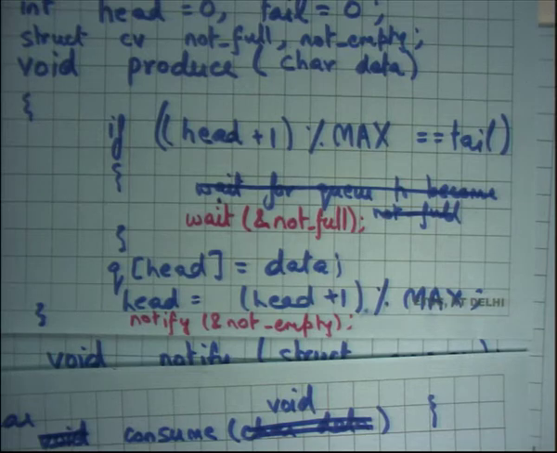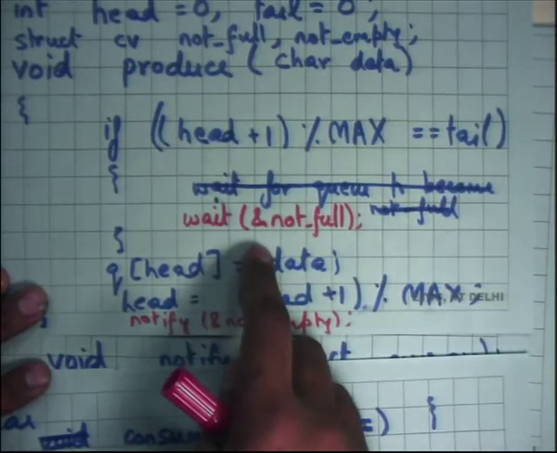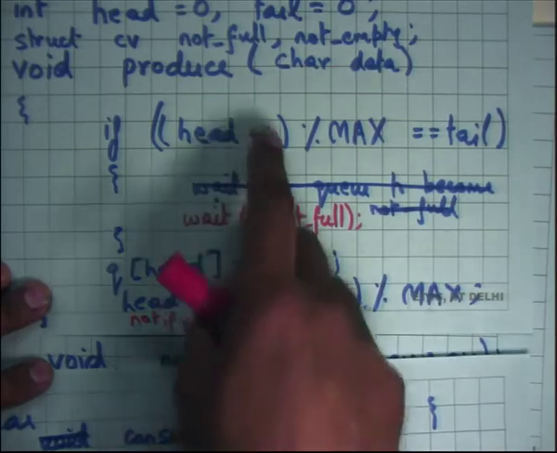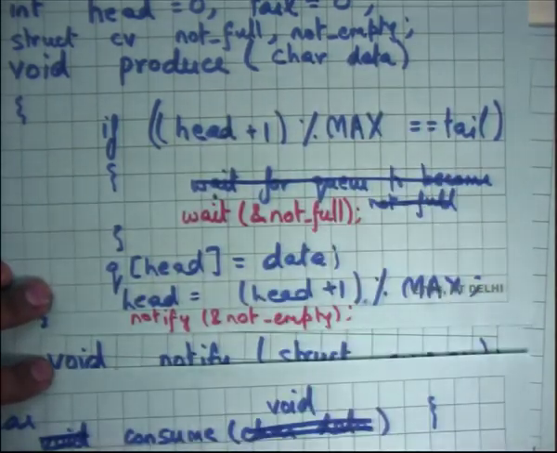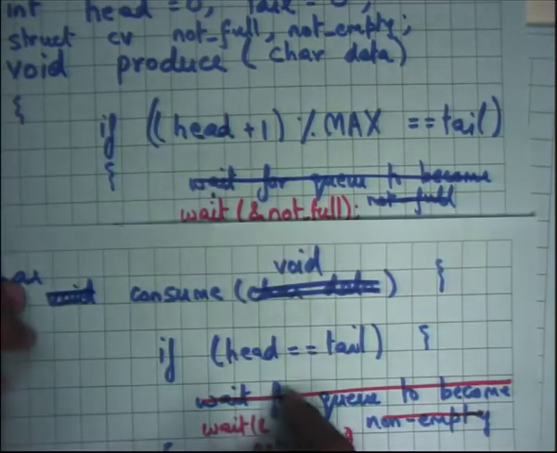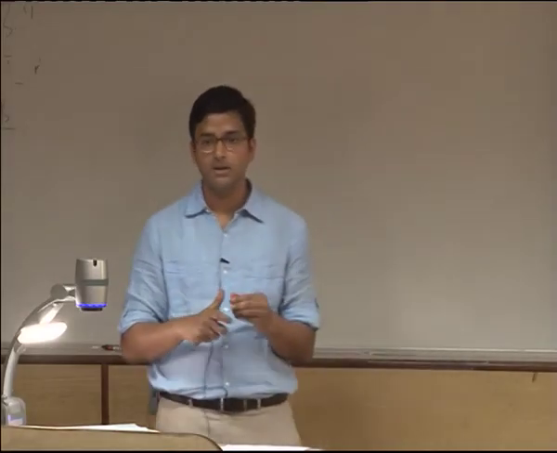Right. So, there are some problems with this code. Firstly, these are shared variables: the queue, head and tail are shared variables, and there are at least two threads, the producer and the consumer, both accessing these shared variables without any mutual exclusion, so bad things can happen.